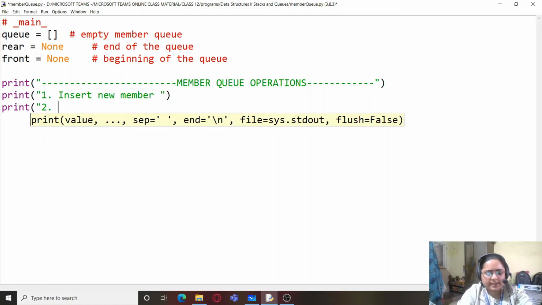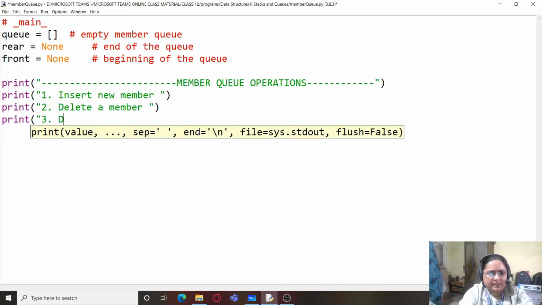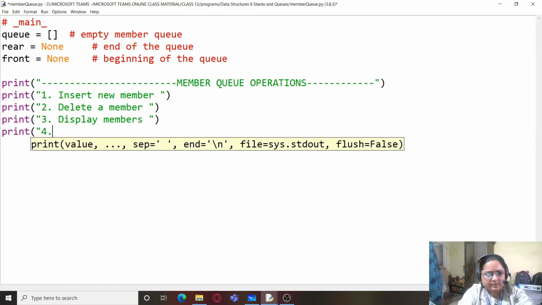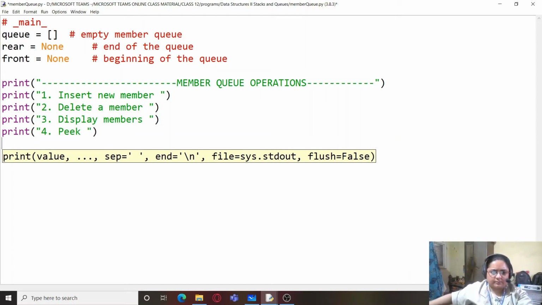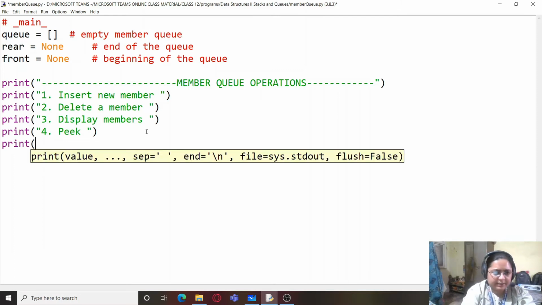First one is insert new member, second one is delete a member, third one is display members, and the final one is peek, that is display the value of front and rear, and finally we will be having exit.